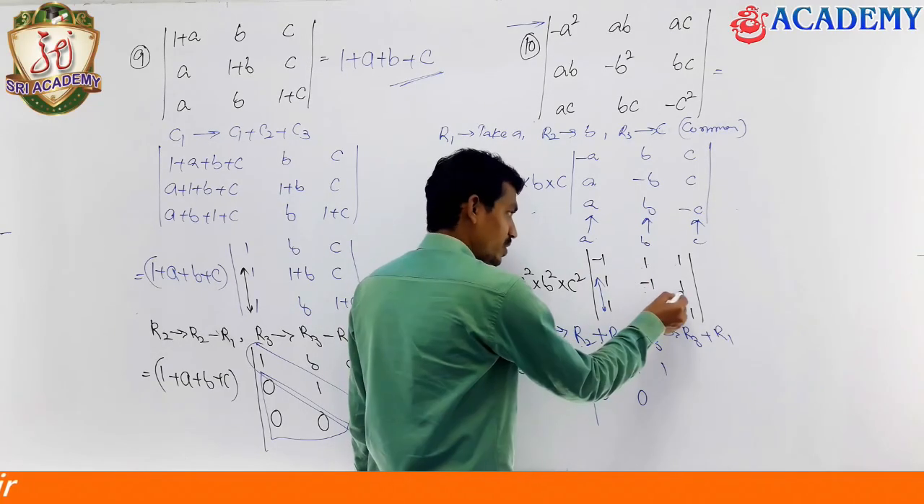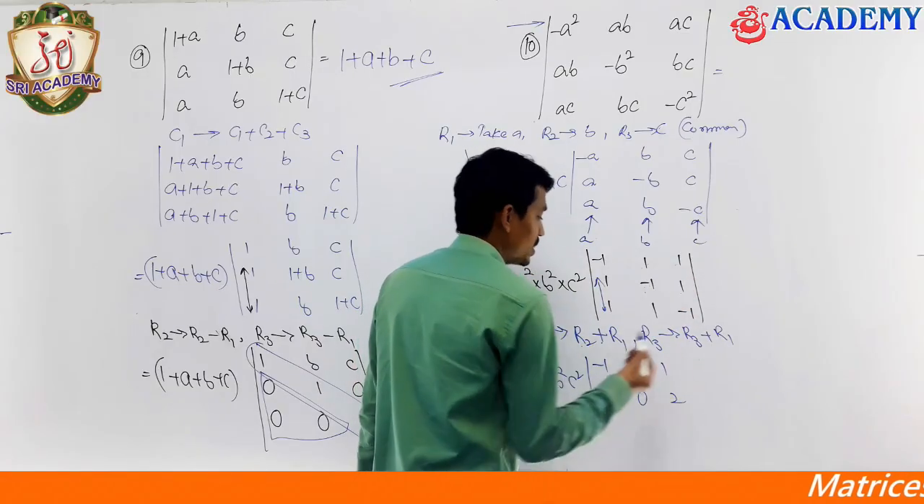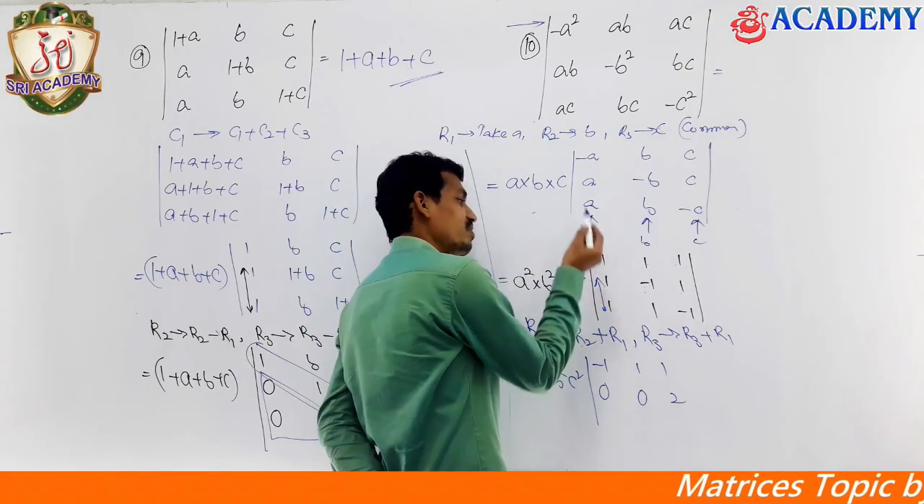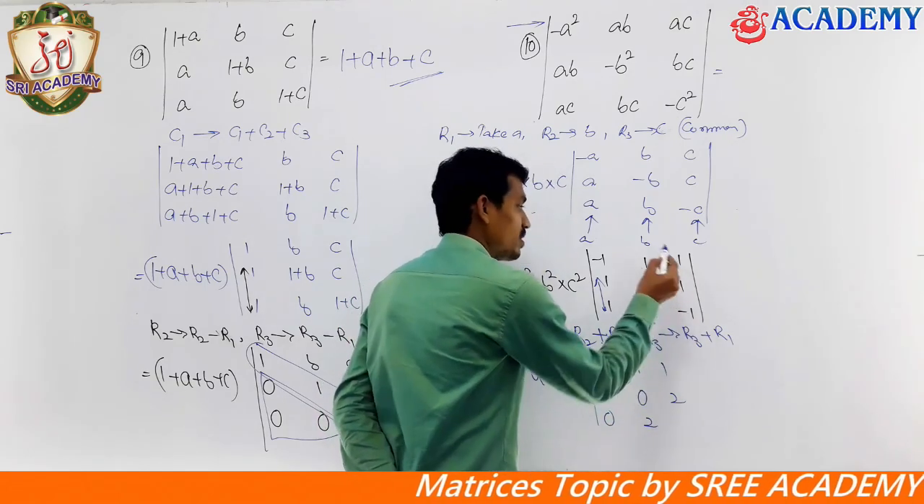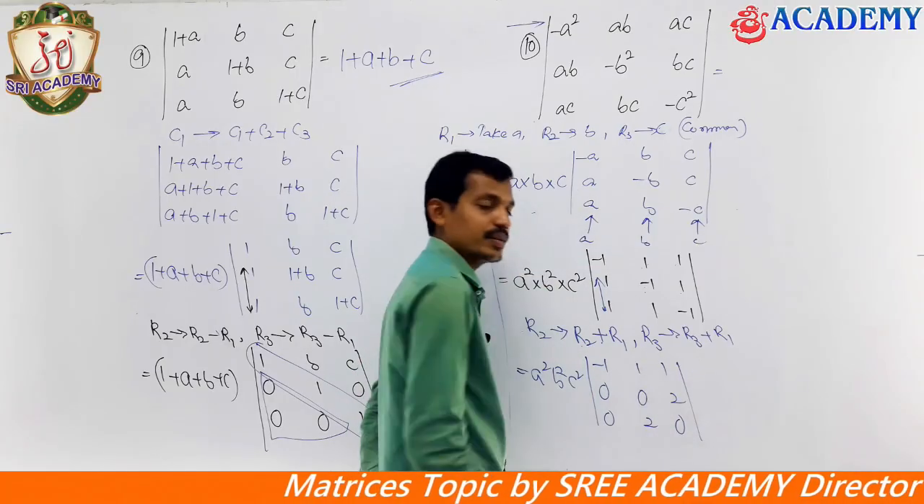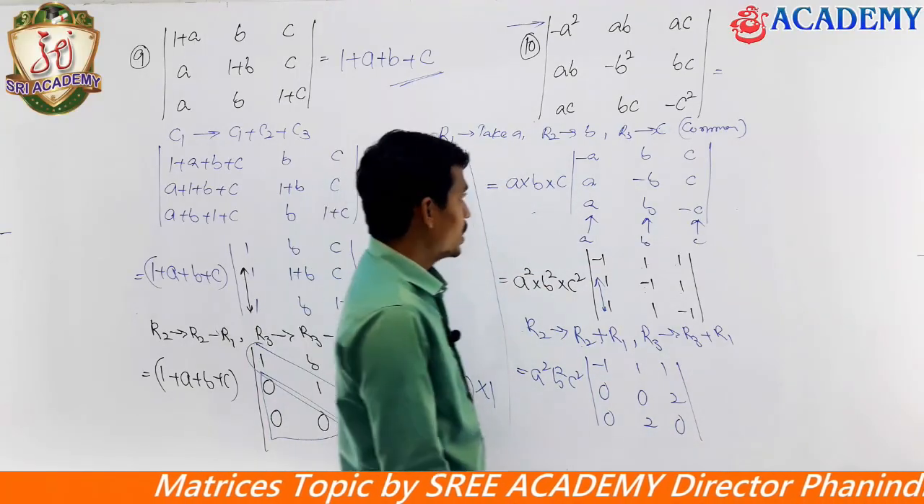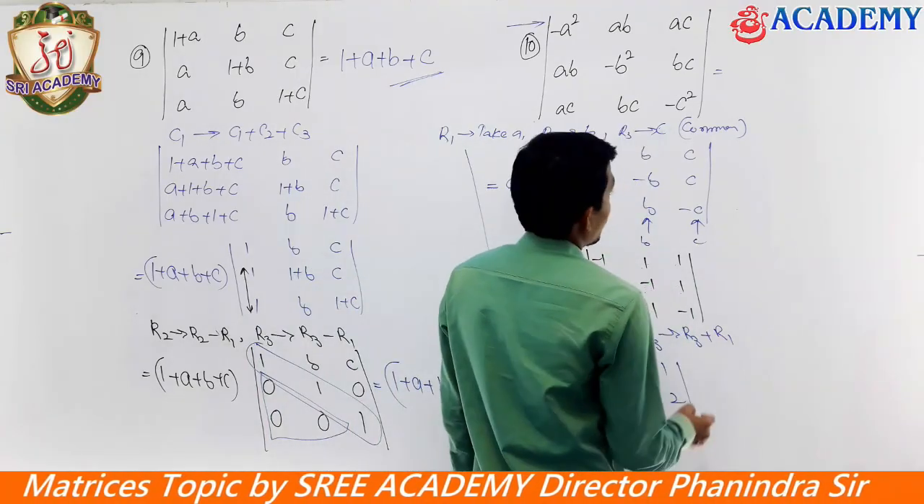Next, R2 equal to 1, R1 equal to 1: 1 plus 1 is nothing but 2. 1 plus of minus 1 is going to be 0. 1 plus 1 is going to be 2. Minus 1 plus 1 is going to be 0. Here, see, the answer is going to be